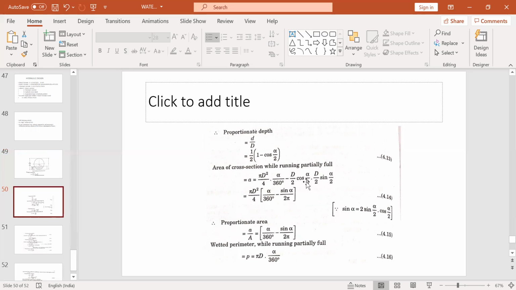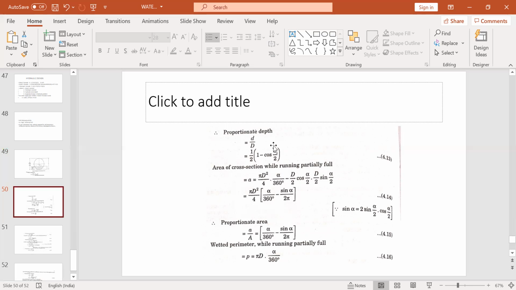So cos alpha by 2 sin alpha by 2, 2 into this will be sin alpha by half. So this gives you pi by 4 d square alpha by 360 degree minus sin alpha by 2 pi. So this is small a, and capital A is pi by 4 d square. So small a by capital A will be equal to alpha by 360 degree minus sin alpha by twice pi. So here you can observe, if you know the angle alpha,